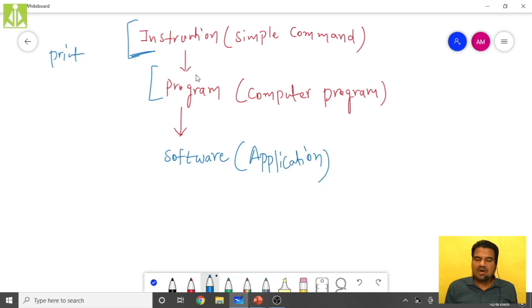By keeping all such programs together, we are forming the software. So hope you understood the difference between instruction, program, and software. Instruction is the smallest unit. If you mix such units together, you will get a program. And if you mix such programs, you will get a software or application.